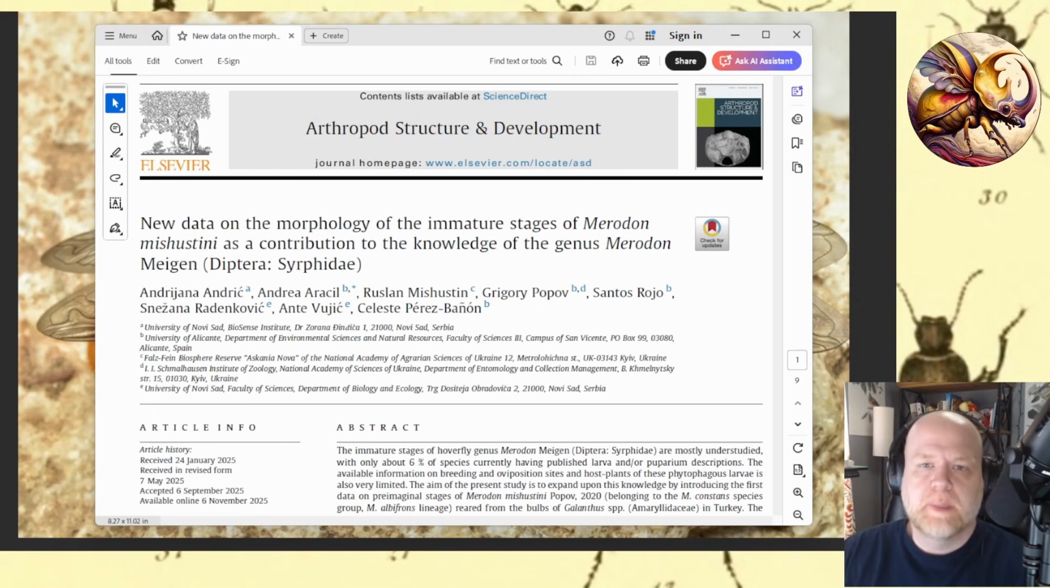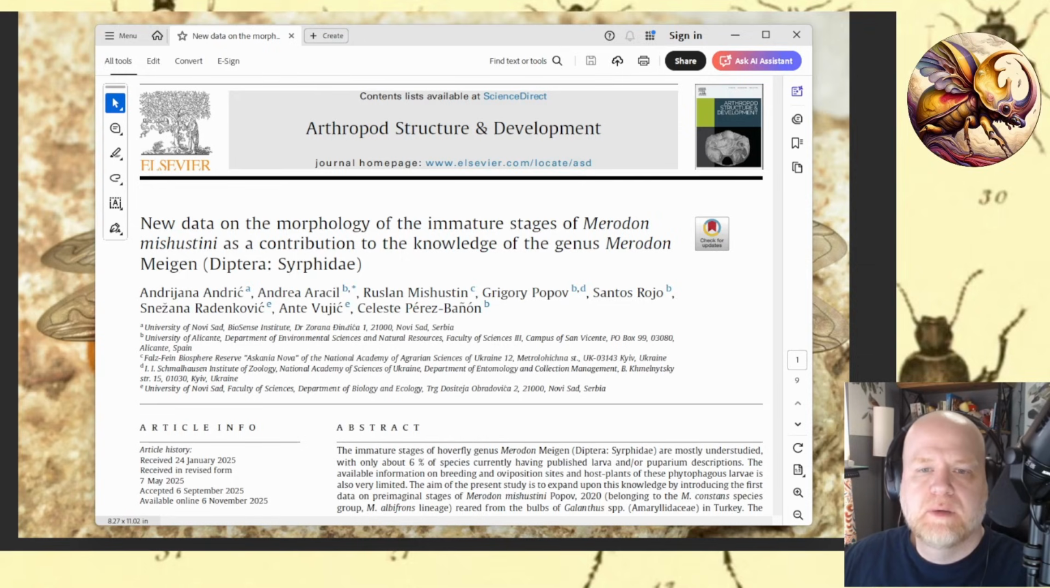Today I wanted to talk about some cool morphology things and how they link in with taxonomy. This is an article that comes from the journal Arthropod Structure & Development, which is a really neat journal if you've never seen it. This paper that was recently published is about the fly Merodon. In this case, it's Merodon mishustini, but it impacts the whole genus because the genus is a very significant